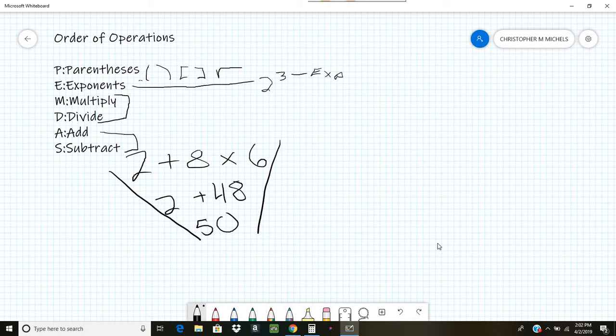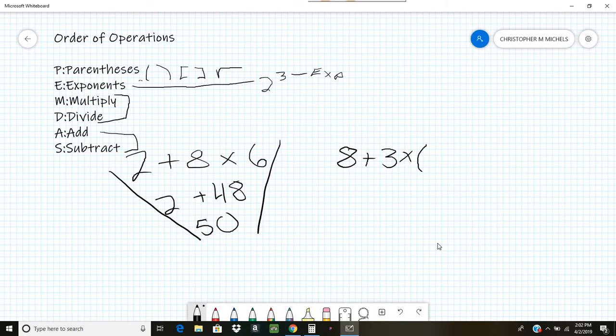Okay, so if you're working these on paper, just take it one step at a time. Just write it down. Okay, let's try another example here. Let's throw some parentheses in there. Let's up the ante a little bit. Let's do 8 plus 3 times